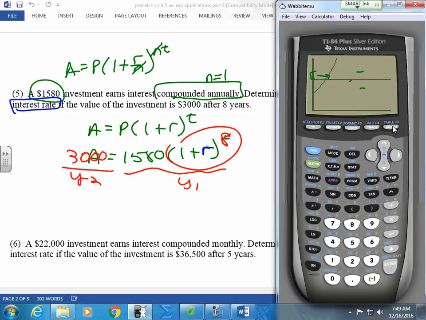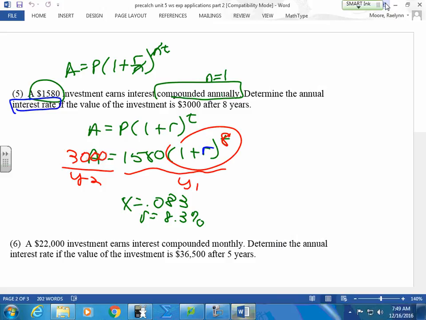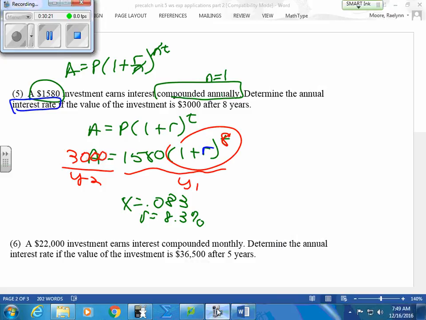So is the answer, what did we get? 0.08 something? What was the 0.0 what? And if I turn this to a percent, this is 8.3%. This is my rate. I wanted to do the rate with you because if you don't catch the rate, you're going to spend a lot of time looking for something that is still there, but you just couldn't see it because it was so close to the y-axis, it was so small. Okay? So if you guys finish this one,